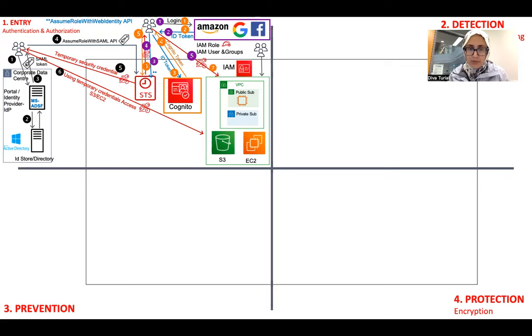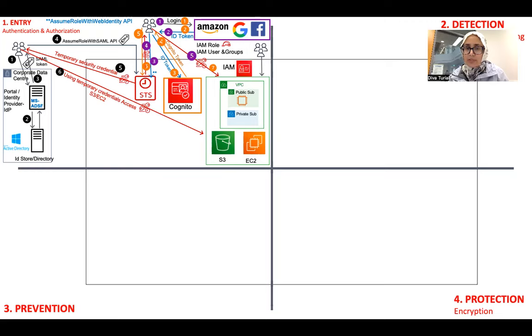I will have another section to describe in detail the difference between IAM roles, users, and groups. But basically, it's the way that we are able to access different AWS services. Once again, a user is someone that has a username and a password, and then they access those services.